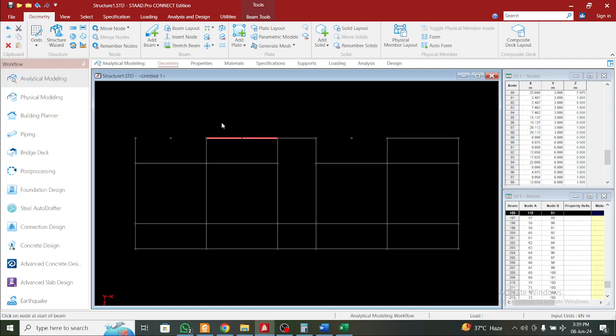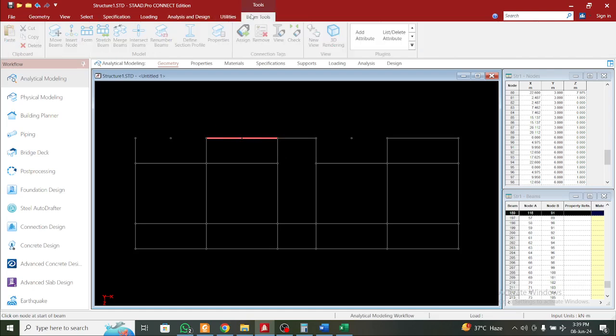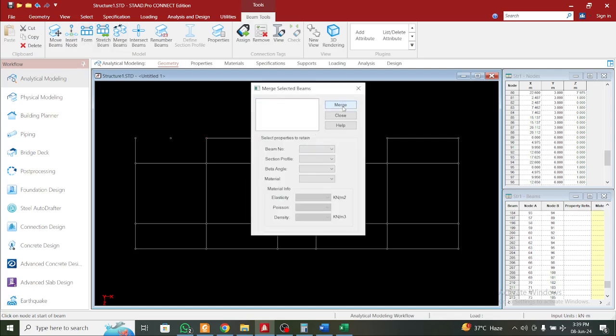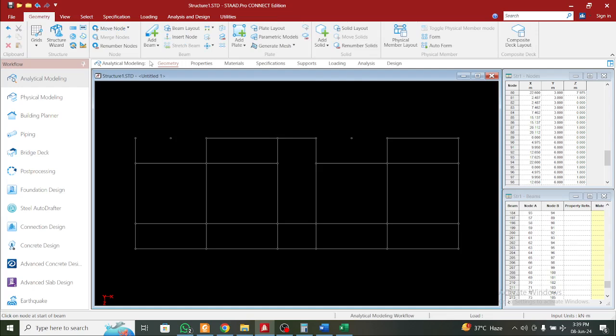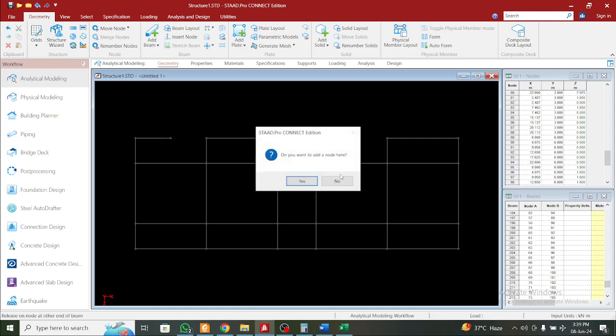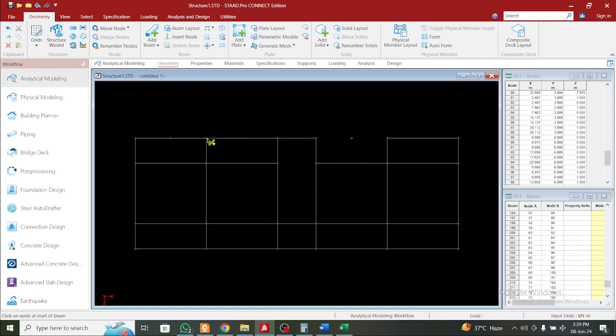So select these two and beam tools and merge beams, merge, close, and the remaining portions we will just add the beams again. So one by one we have to do. Select these two and beam tools,